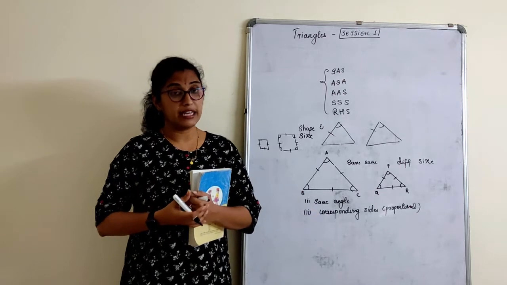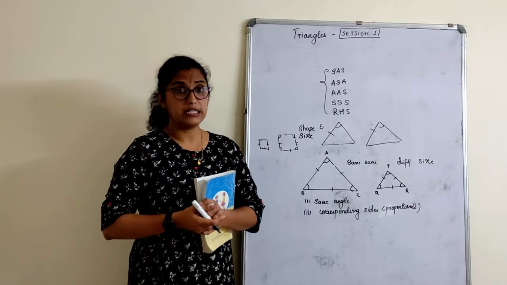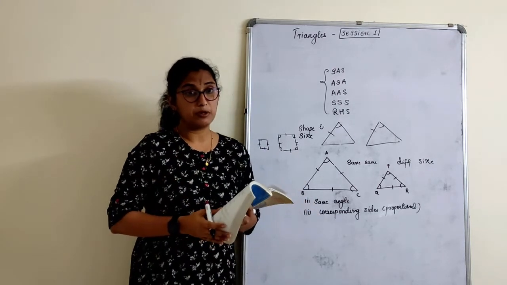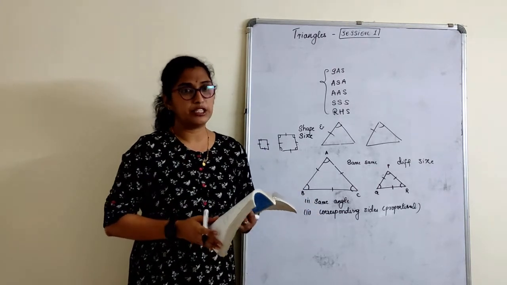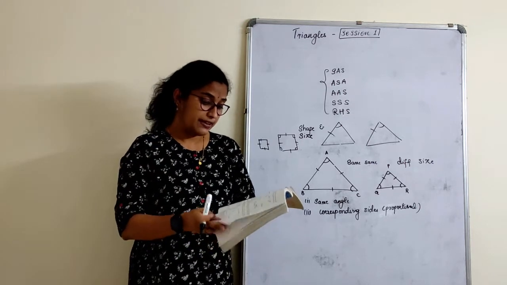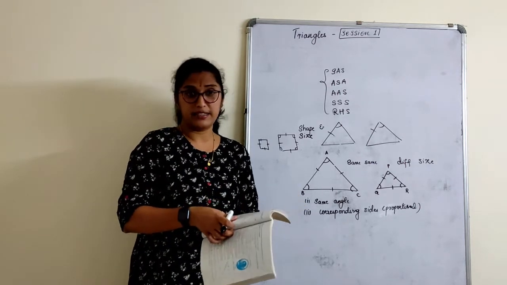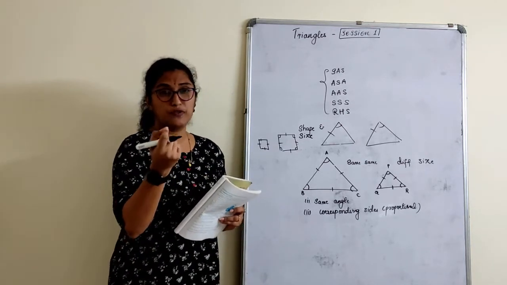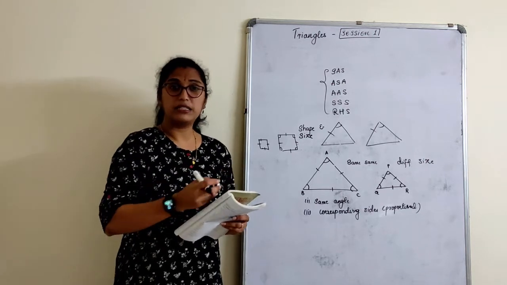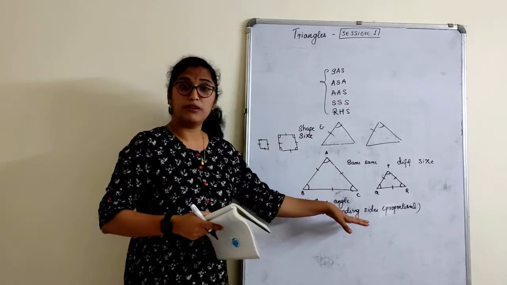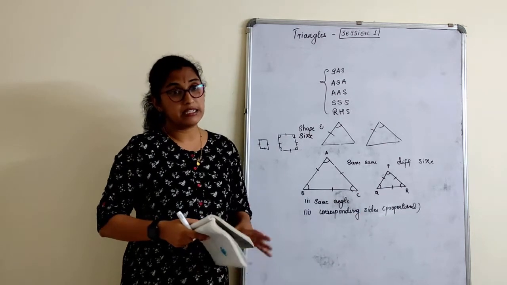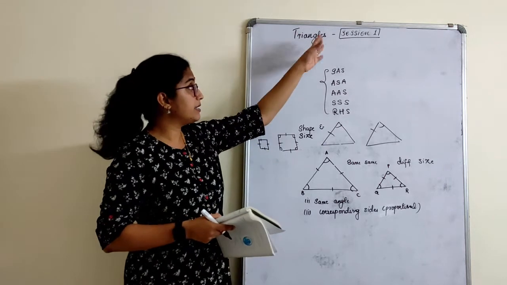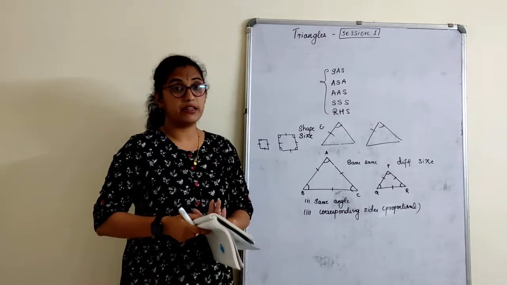We also have a theorem on that. So this is about similar triangles. So basic introduction, what you have to write about a similar triangle. A small PDF will be sent to you. You can just write it down. I will immediately start with the first exercise. I will be just giving a small definition about a similar triangle. 2 figures are said to be similar if their angle measures are the same and their corresponding sides are proportional. This thing I will send you all in the PDF. So you can just start the chapter, write that and quickly begin with the exercise.